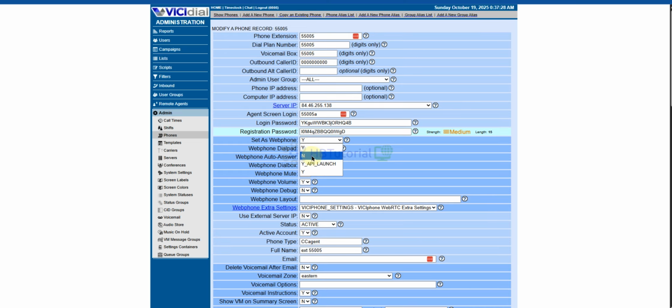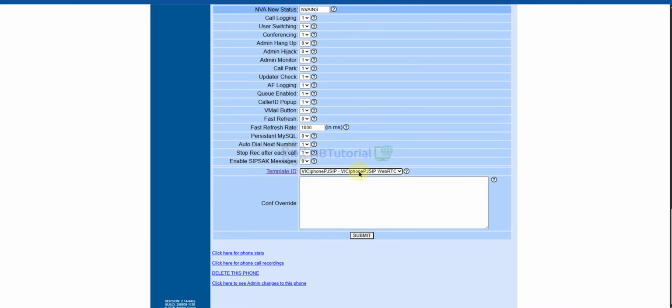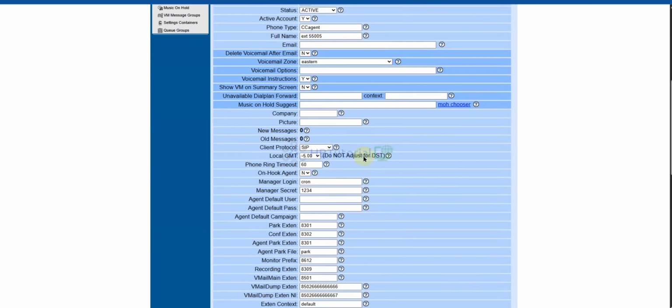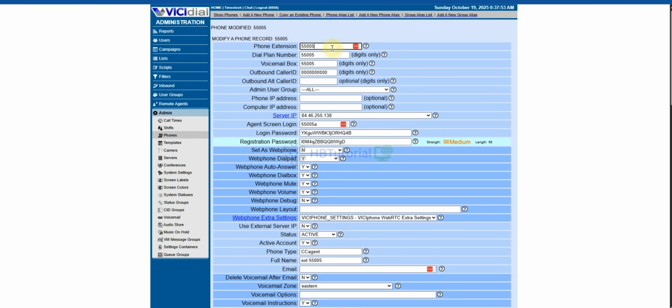So I just disable the web phone and change this one to generic SIP. So this is the generic SIP. We can go to Zoiper and see if we are able to connect.